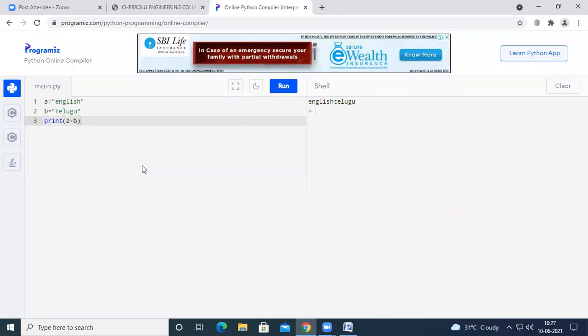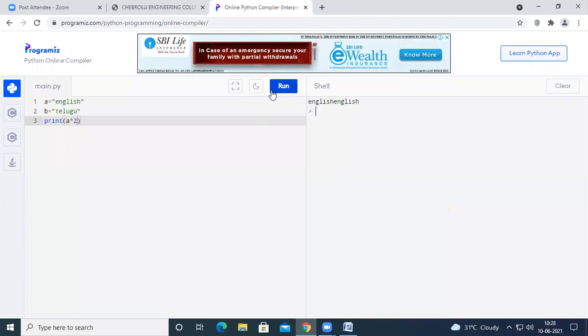At the same time, you are also allowed to use the asterisk symbol, the multiplication operator, along with the strings. Here we used the addition operator, and instead, if I use the multiplication operator followed by a number, for example A star 2, A is a variable containing the string English, so English will be printed twice.